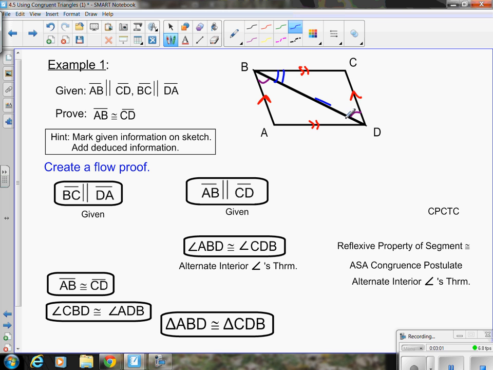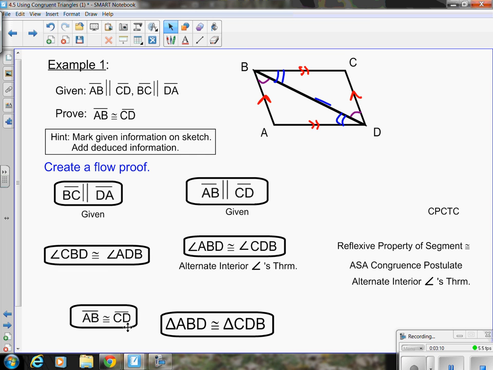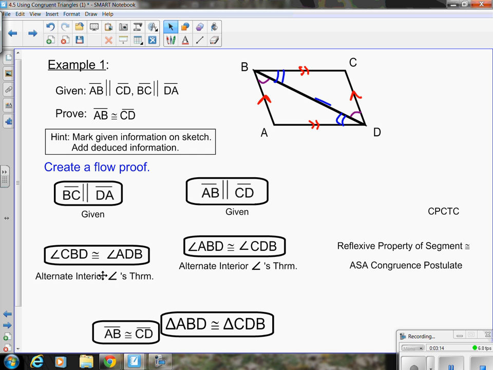These alternate interior angles must be congruent. That's angle CBD. And that is also alternate interior angles theorem. Put some arrows in at this time. So that dot leads to that one, this dot leads to that one. And now that I know